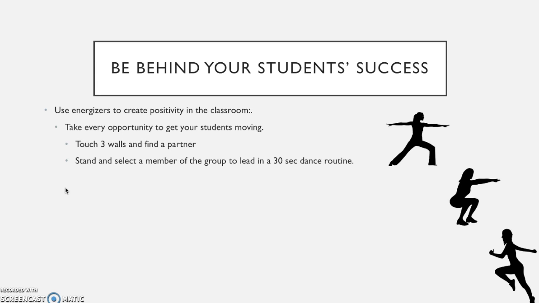Honestly, the main takeaway from this is that discipline shouldn't just be punishment. It shouldn't just be consequences for being bad. Learning how to manage a classroom means setting up an environment where you don't have to use discipline. You don't have to constantly keep correcting students on their behavior. It's about creating that environment where everybody understands that you're there for their success and you just sincerely want to